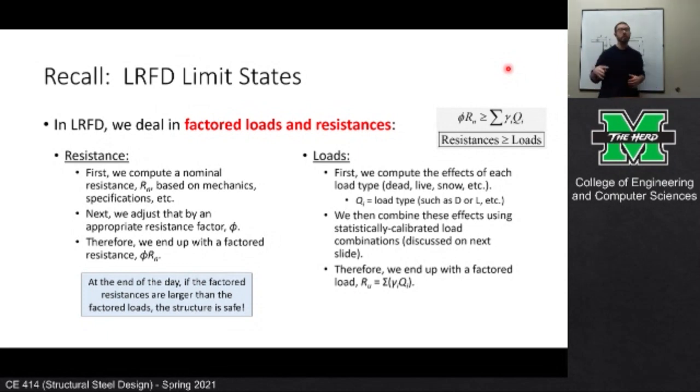I mean, like 1.2 dead plus 1.6 live, we'll be using it all semester. A nominal resistance times a phi value, using it all semester. The formulas for nominal resistance might change. The individual values we use for phi might change. Sometimes we'll use 0.9. Sometimes we use 0.75. There's an instance with slip, or shear yielding, where we can use 1 for phi, and it just depends on the particular limit state that we're looking at and the